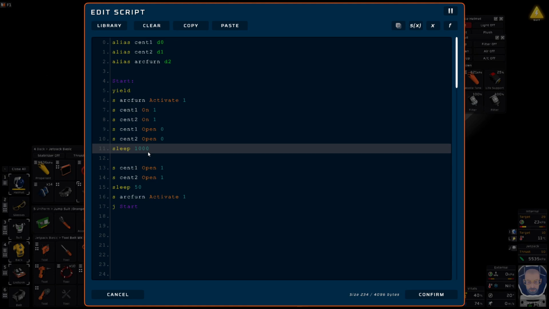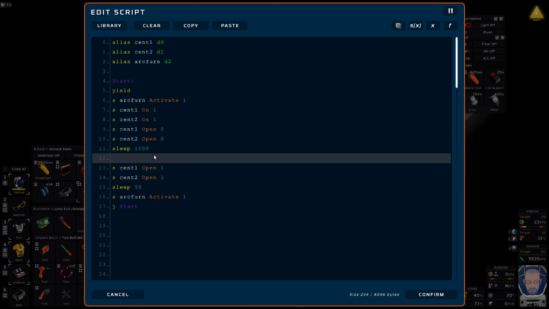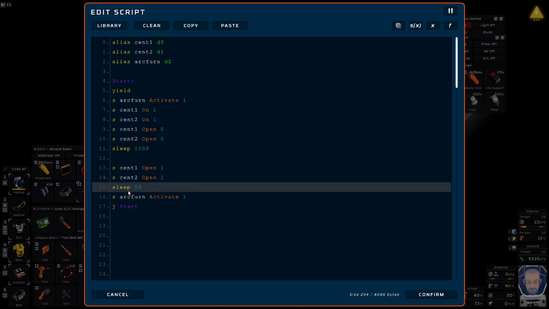It doesn't really equate to 1,000 seconds. 1,000 seconds, so that would be 10, 15 minutes, somewhere in that range, I think. I'm not sure. Anyway, it sleeps for 1,000 ticks of the computer. And then it opens them, dumps the fuel out, and it takes 50 seconds to dump all the fuel. I've experimented with that. I started with 100, kept lowering it and lowering it until the one time it didn't dump all the, not fuel, the reagents out. And then I turned it, and at 50 turns out to be a good number. So that is how